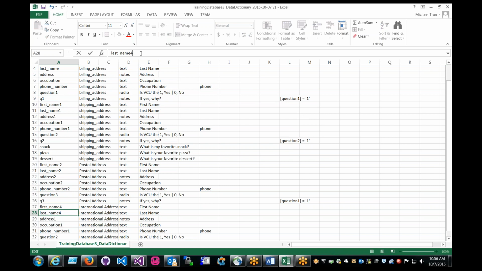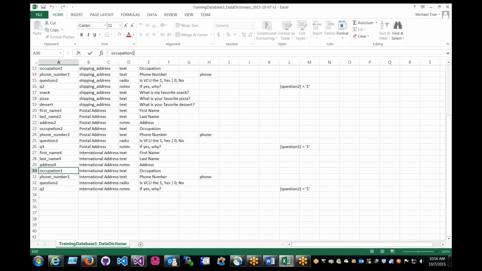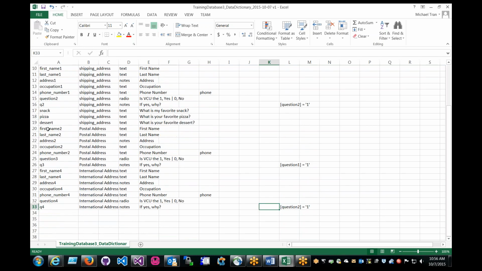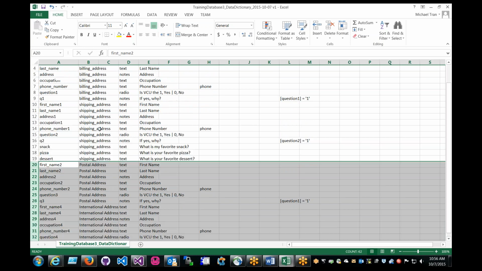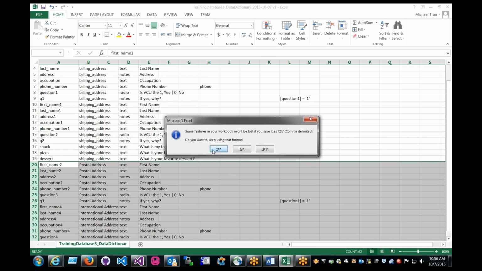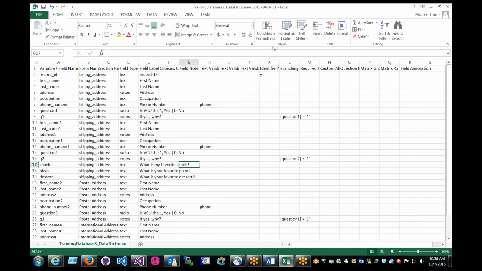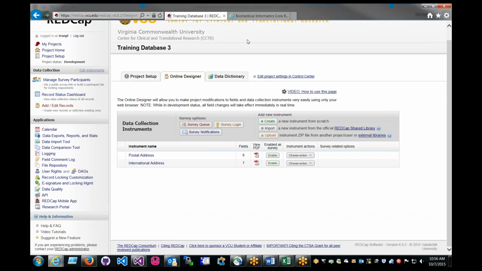Let's see. So you want each, my numbering must be off. No, it must be correct. Yeah. So I added the two additional instruments to the original project, and I'll just save this. This is still V1. I should probably name this V2, but coming to the end, so